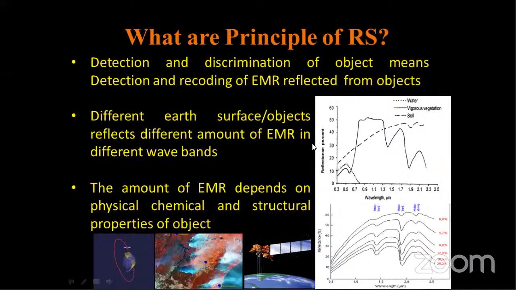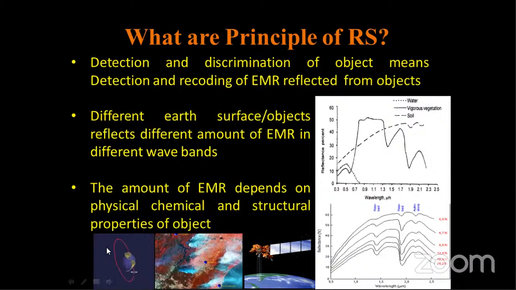So this is what the principle tells us about remote sensing as a science. Here you can see some FCC, where you can see the fires, and this is the satellite which takes this kind of